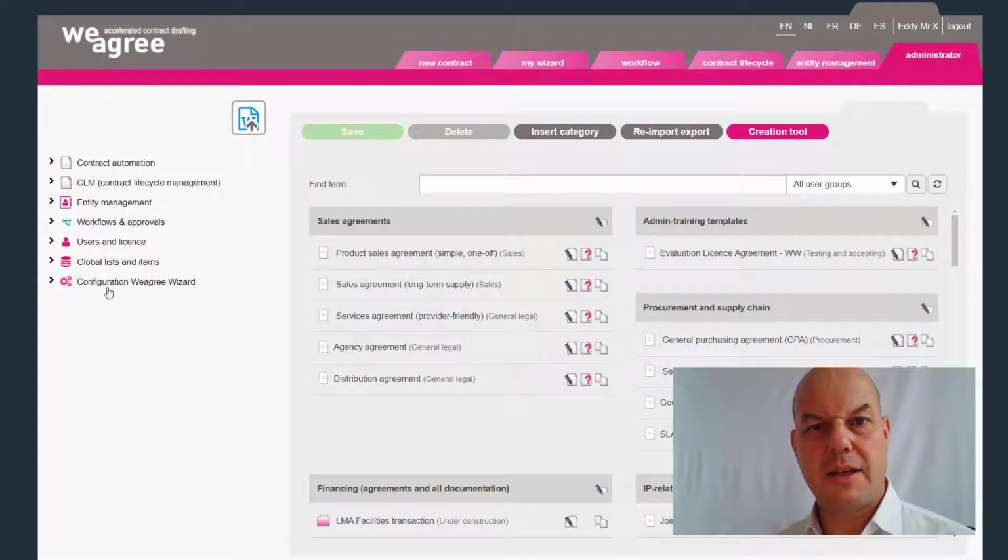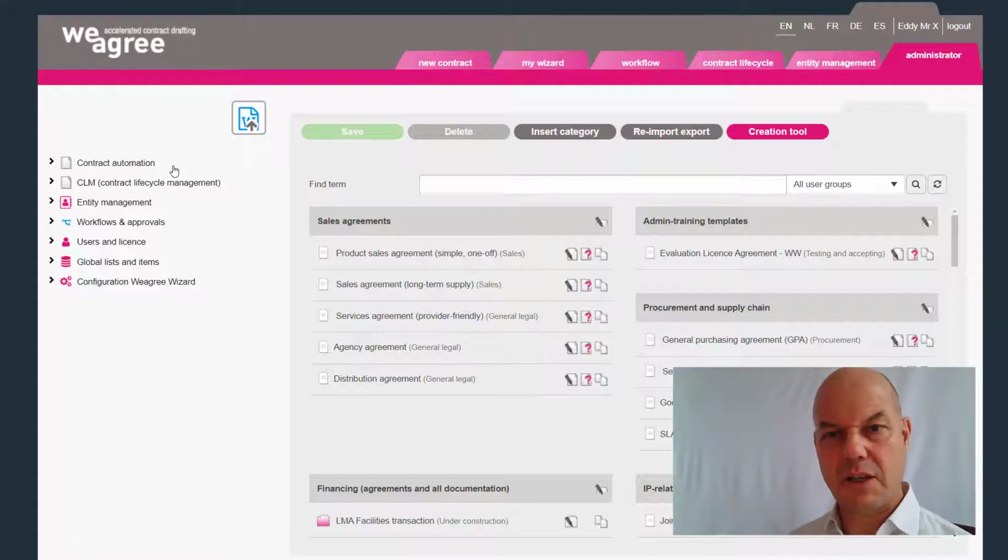By default, you arrive on the contract automation view, and I'm going to fold it in so as to make the overview on the left-hand side slightly more peaceful and more clear, maybe. As you can see, it has several items. Contract automation, for us it relates to contract creation, building a questionnaire, answering a questionnaire, etc., etc. Contract lifecycle management, from our point of view, deals with signed contracts and managing deadlines, setting notifications and configuring storage